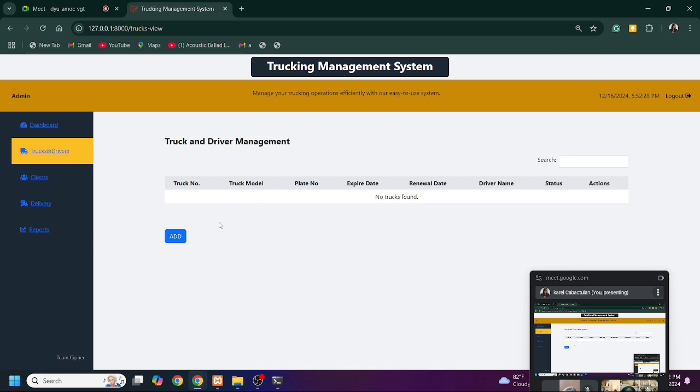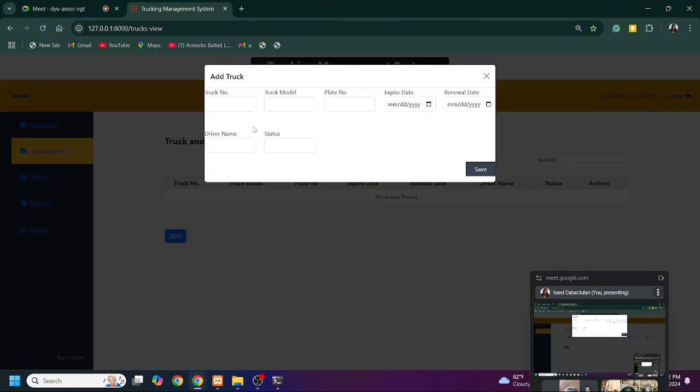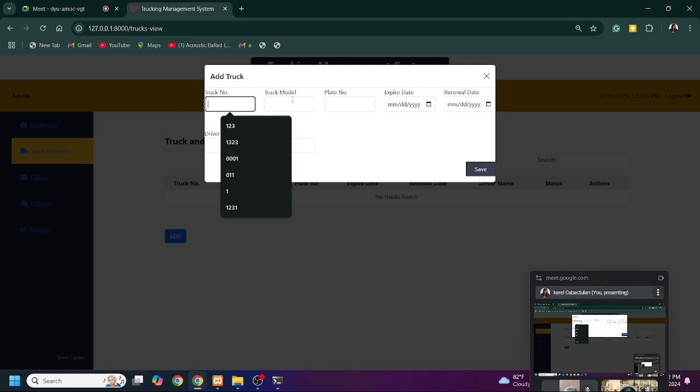Now let's move on to adding functionality for truck and driver management. Let me try to add at least three data entries for us to see if the function is currently working.